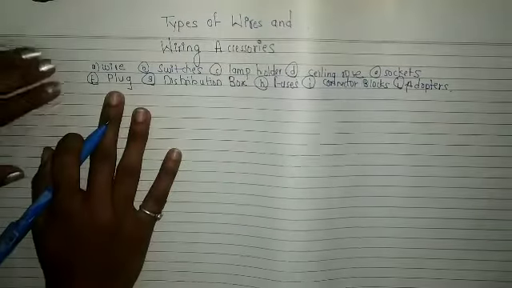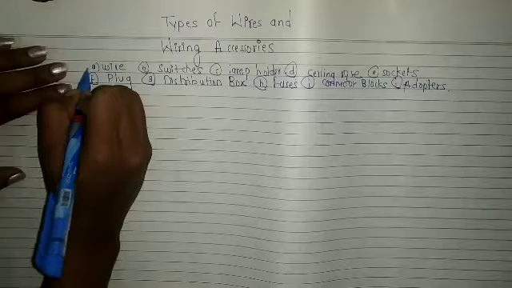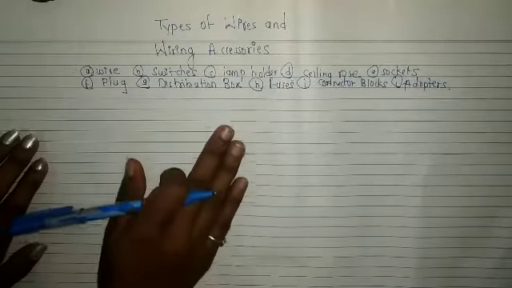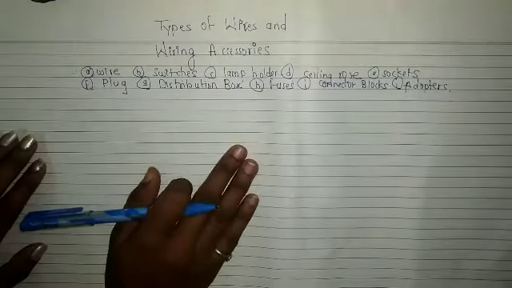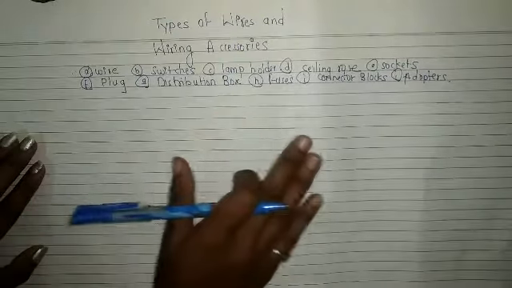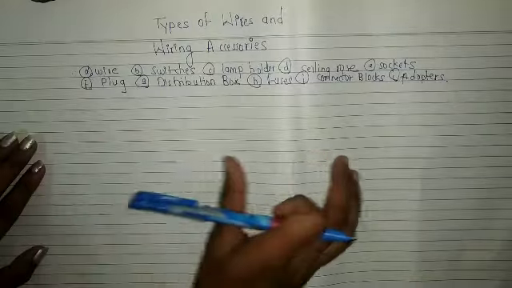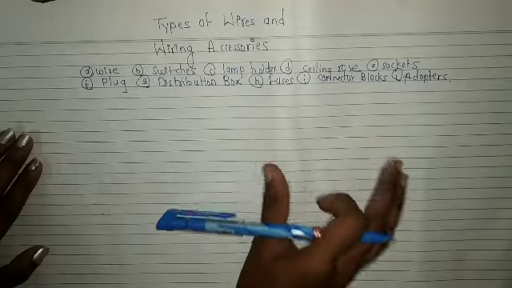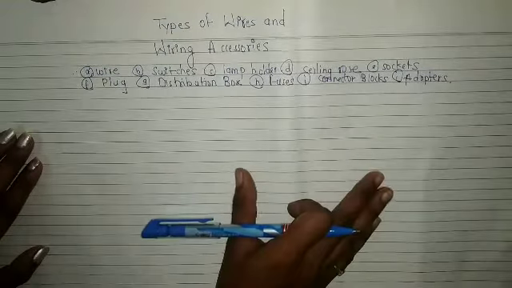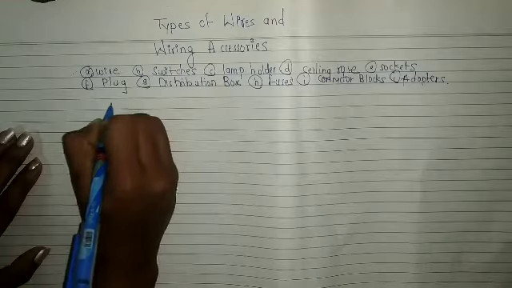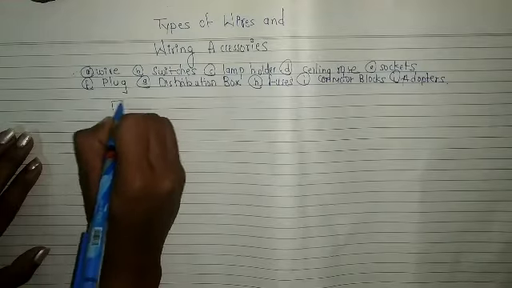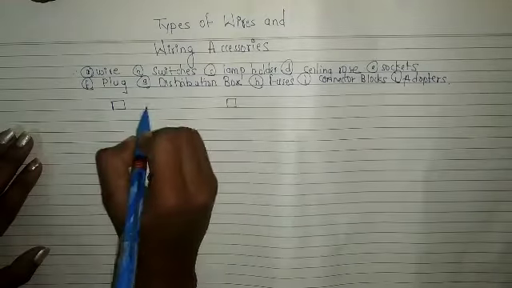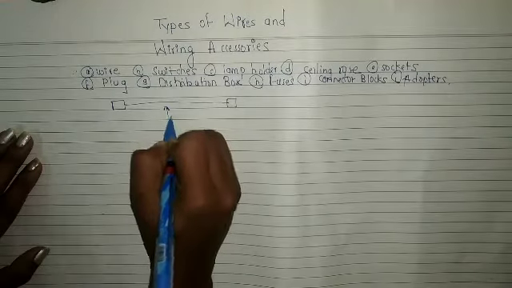Okay, so now we'll see one by one. So we'll start with a wire. We'll see the different types of wire. So why do we require wire? Wires provide connection between the supply source and the apparatus that we are going to use. Apparatus means whatever be the instrument, it may be a bulb or anything. Consider this is our supply source and this is our appliance. To connect this we require wire. So this is our wire.